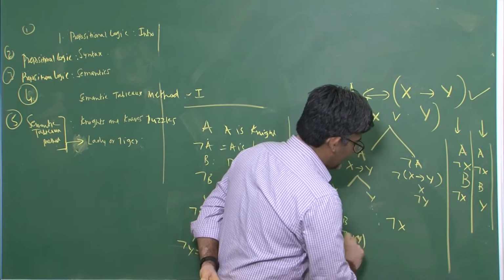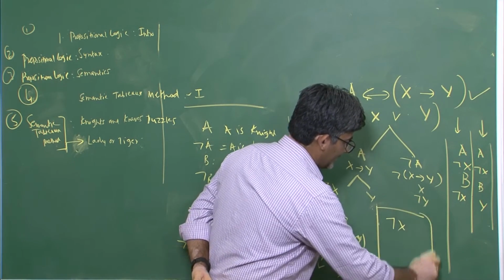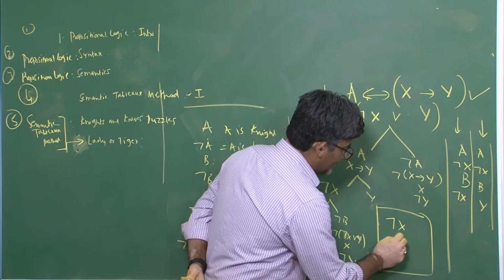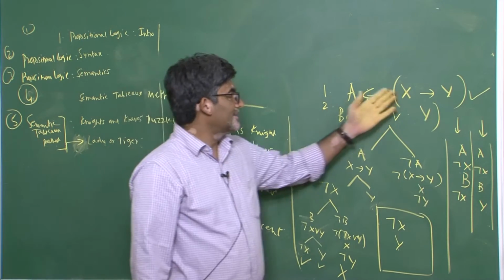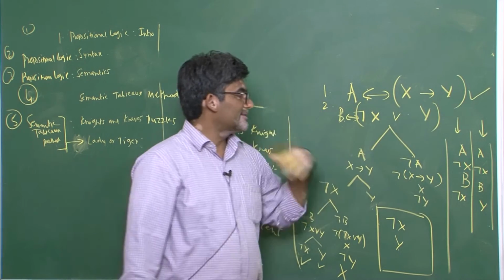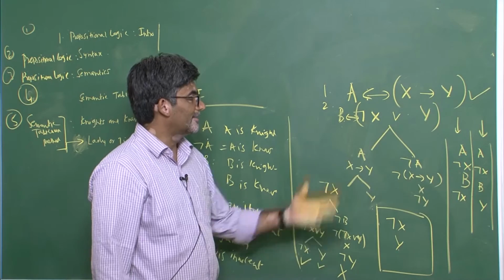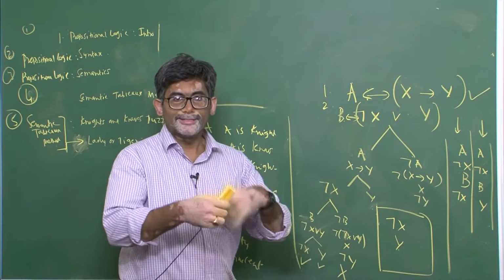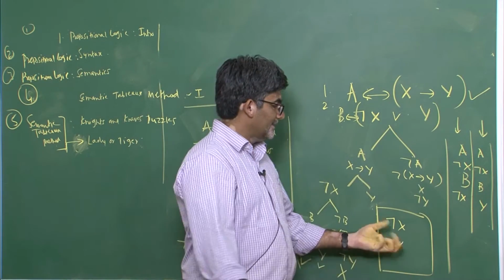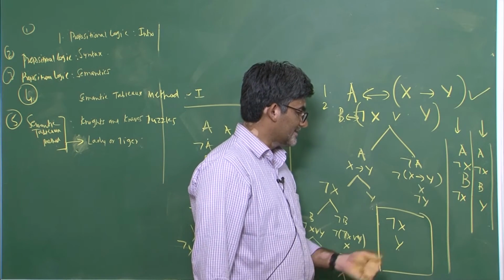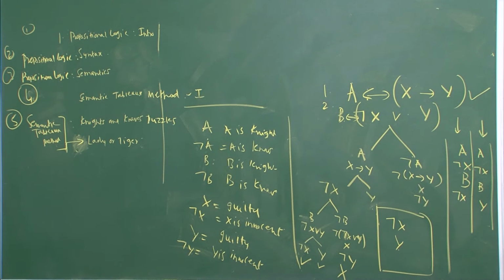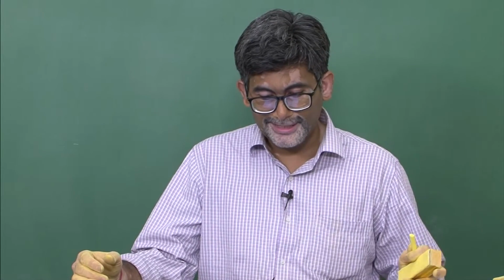So our solution is not x and then y. That means if A says x is guilty, so is y, and B says that either x is innocent or y is guilty are the sentences given to us, then obviously not x, y should be the case. That means x has to be innocent and y is considered to be guilty. So like this we solve all these problems.